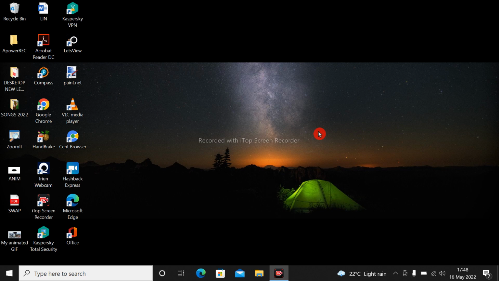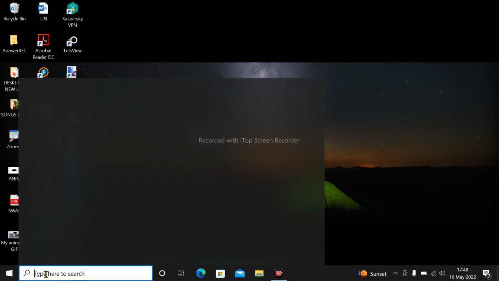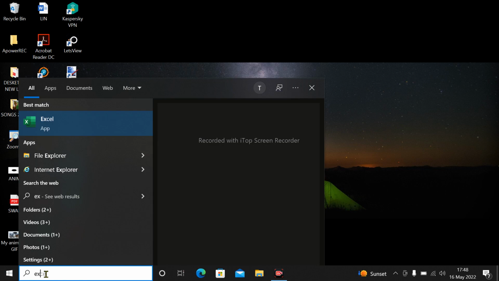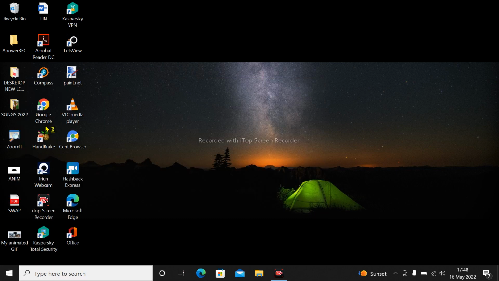And to start Microsoft Excel, you can just do it passing through the start button. You can use the start button here. You click on the start button and you type in a search Microsoft Excel or Excel. And here you have Excel. You can just click on it, and as it's opening,